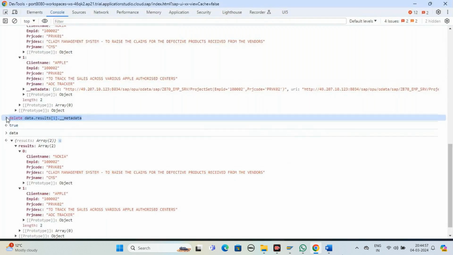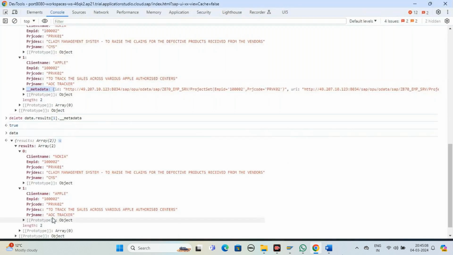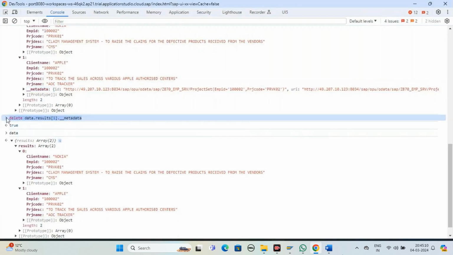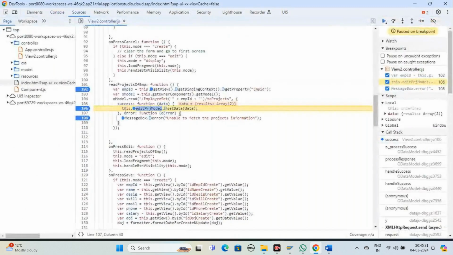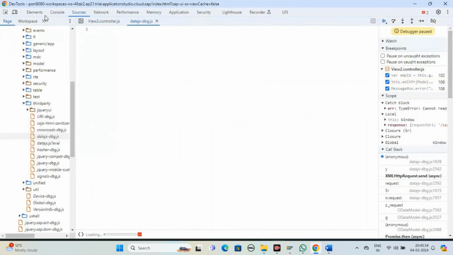If the backend objects, saying that this underscore metadata is undefined, or if we get any error, then we will remove it. As of now, I'm not writing this statement. If required, then definitely we will write this statement. Anyway, it is very clear that we got the project data of this employee into the JSON model. Now, after executing this line, if I execute the next line, we will get an error. So all of you concentrate on this error. I continued,